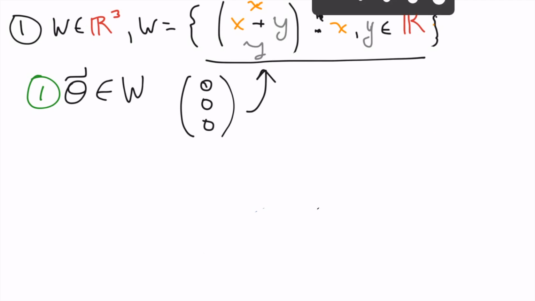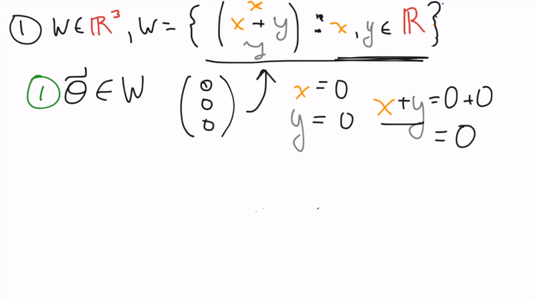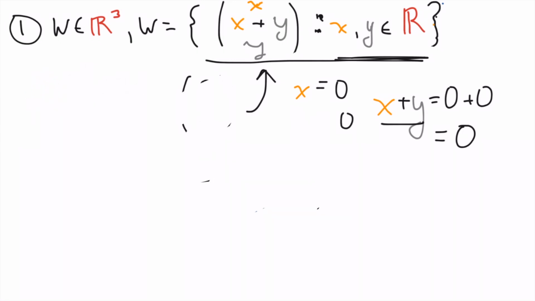So in this case, x would be equal to 0, y would be equal to 0. Clearly that meets the specification since x and y can be any number. And then if we take x plus y, this is simply going to be equal to 0 plus 0, since that's what those equal, and that is then equal to 0. In other words, yes, 0 is in W. Okay, since we have that figured out, let's go on to the next condition,